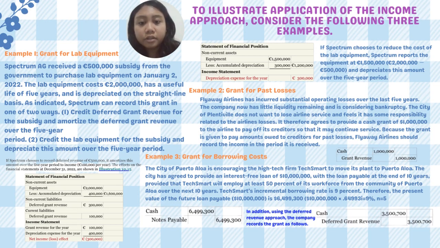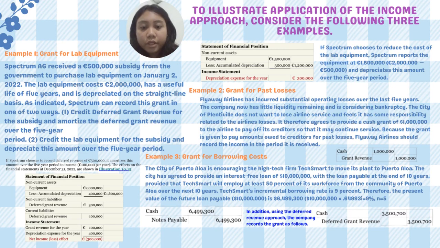So the statement of financial position goes like this, and then the equipment is 1.5 million, and then less accumulated depreciation of 300,000. The result is 1.2 million, and then the income statement is depreciation expense for the year is